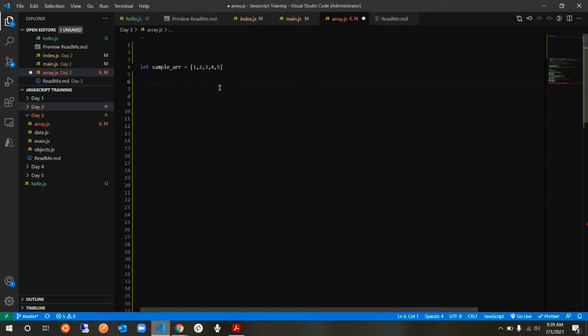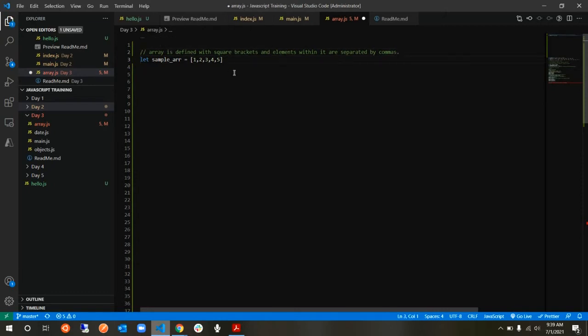I'm going to write it down here: an array is defined within square brackets, and the values within it are separated by commas.